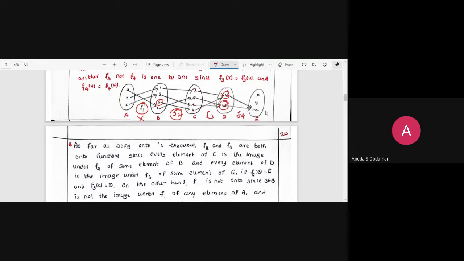Okay. So next come to F4. Is every element of this E having an image here? Why don't X and Y have an image, ma'am? Yes. Hence it is not what? Onto function. Are you getting it? Anybody has a confusion? Tell me. Anybody has a confusion here to understand 1 1 and onto?